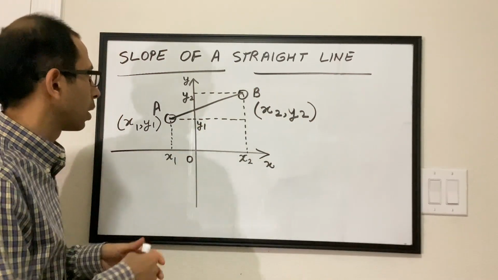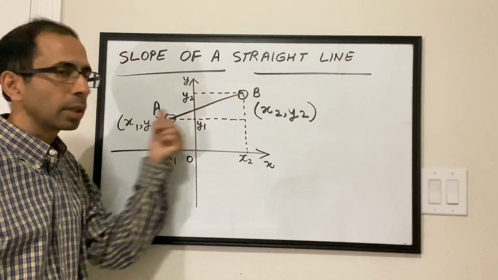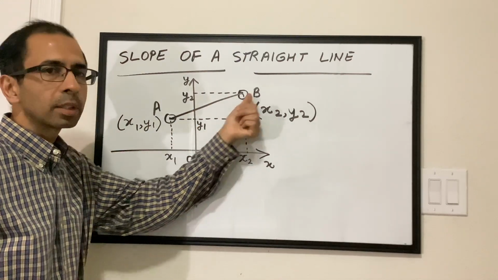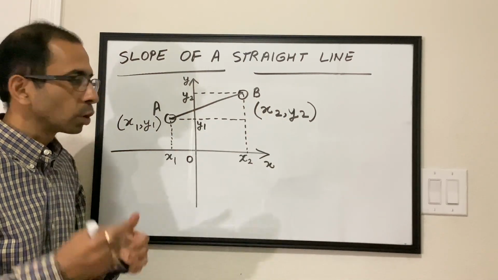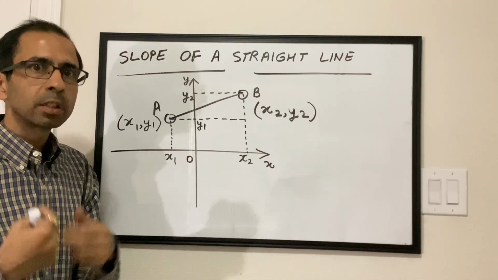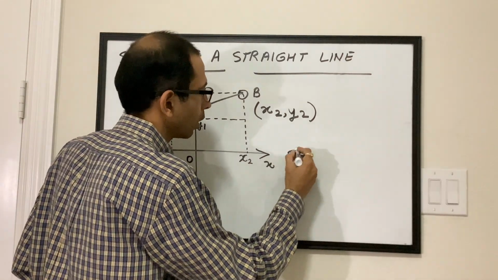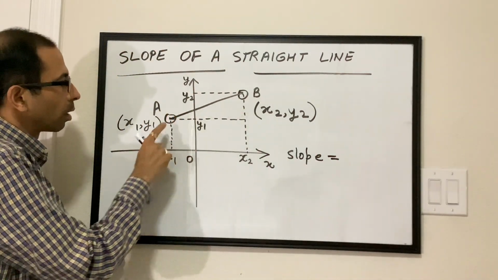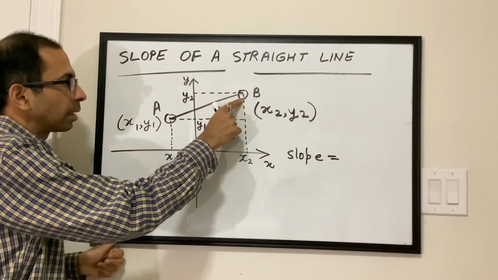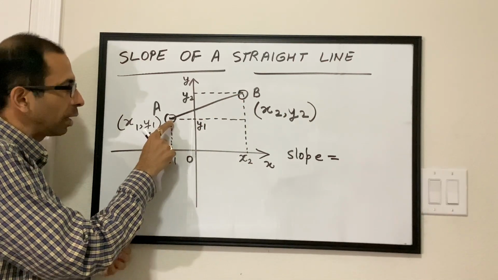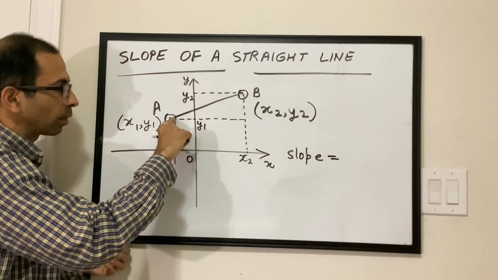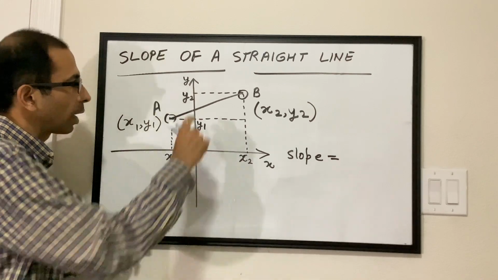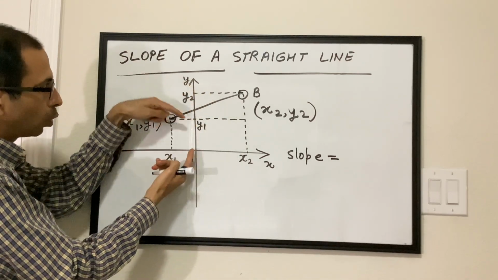So let's say we have 2 points, A and B on a straight line AB. The coordinates of point A are x1, y1, and the coordinates of point B are x2, y2, right? So going back to our definition of change in y divided by the change in x, let's see what would be the slope of this line AB, right? In going from A to B, what is the change in y? The value of y for A was y1, right? This is the value of y for A, and this is the value of y for B. So essentially the change in y is this portion, right? So y2 minus y1